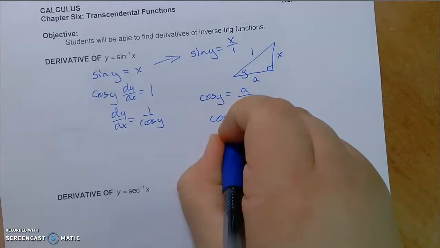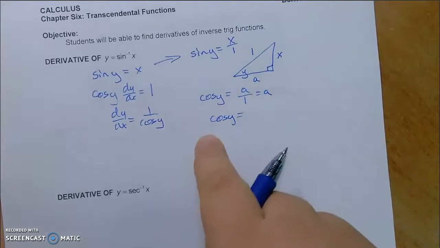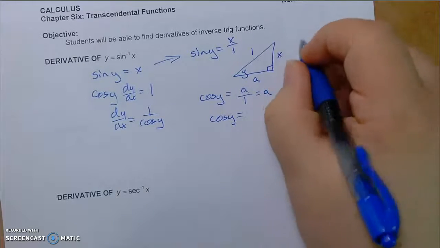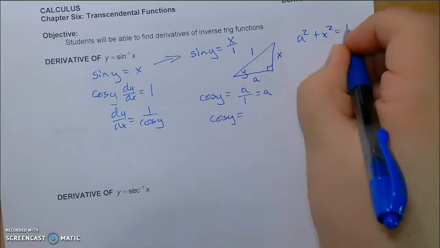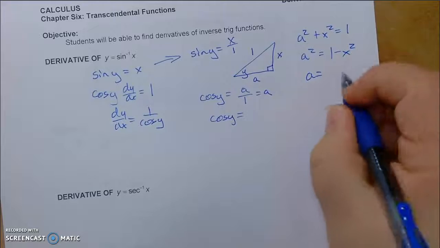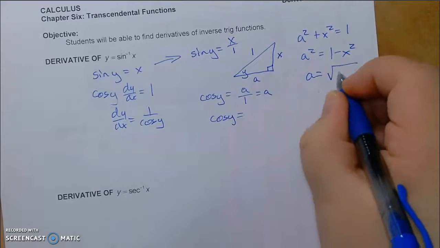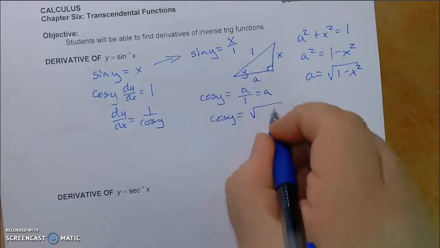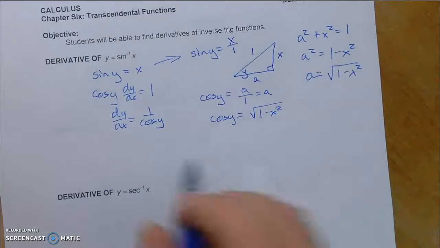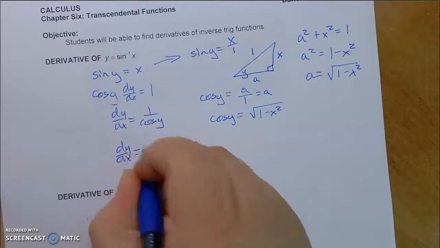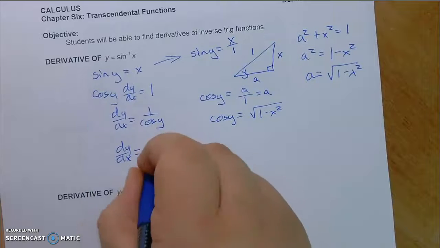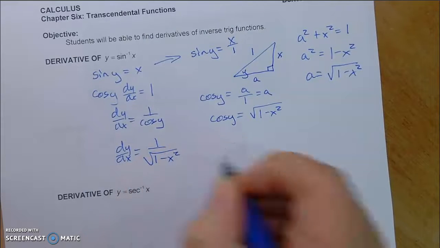So if we can figure out what a is, we can figure out what cosine is. Well, that's easy. We've got a right triangle, 3 sides. a squared plus x squared equals 1. a squared equals 1 minus x squared. So a equals plus or minus, but we're going to go with a plus, the square root of 1 minus x squared, because we're going to pretend we're in the first quadrant, because we like everything in the first quadrant. So dy/dx, or the derivative of the inverse sine,